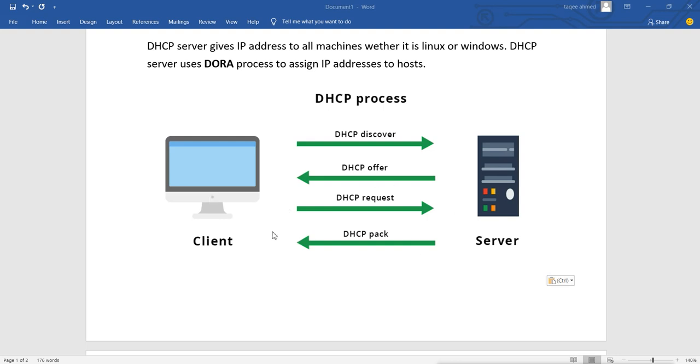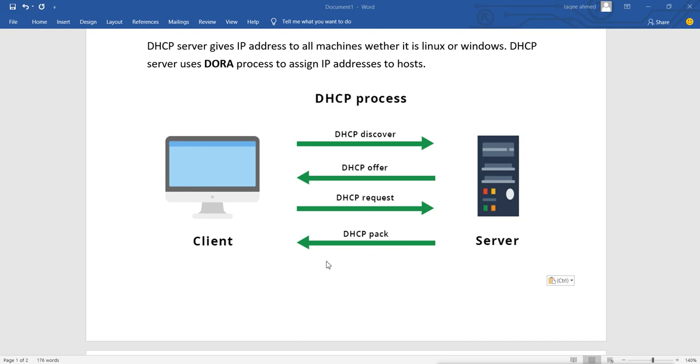Now when the lease time for that IP expires, the DHCP server will send the release information. It sends a DHCP release packet to the client, and the client will release the IP and send the request again.